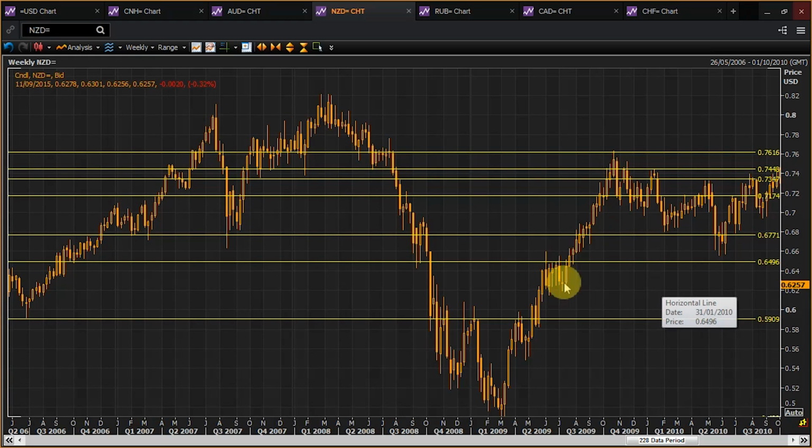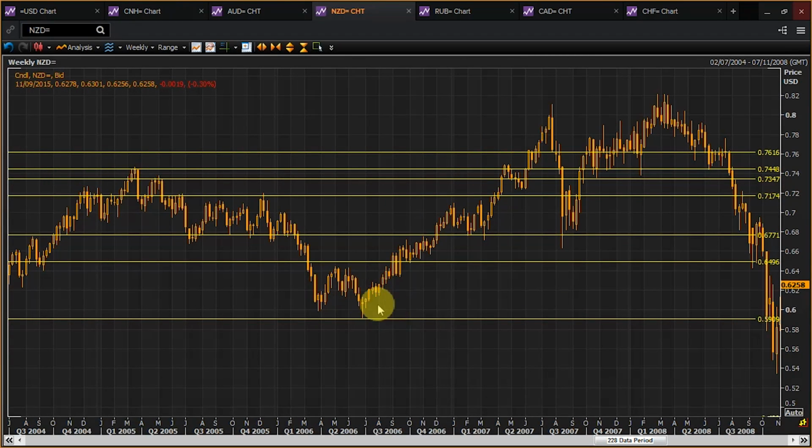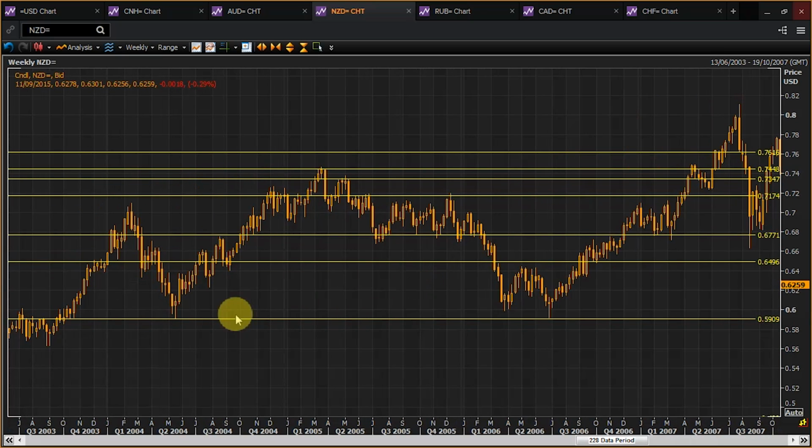So really the next real support region that we're looking at is the spot 59.09, where we've seen some sorts of support and resistance, but most notably, if we go back to 2006, there was a very key swing low here in Q2 2006, and also back in Q2 2004. So most notably,